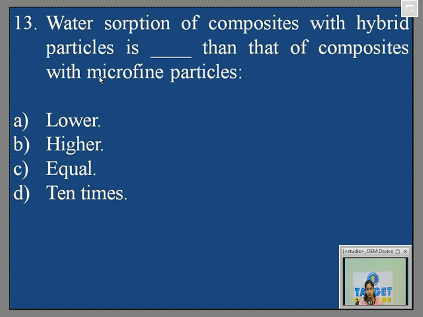See, your ranges and everything is definitely there in the textbook, but for you to just remember, there are three figures which you just have to remember: 30, 50, 70. So what is this 30, 50, 70? 30 volume percent for microfilled, 50 volume percent for macrofilled or traditional, and 70 for hybrid.